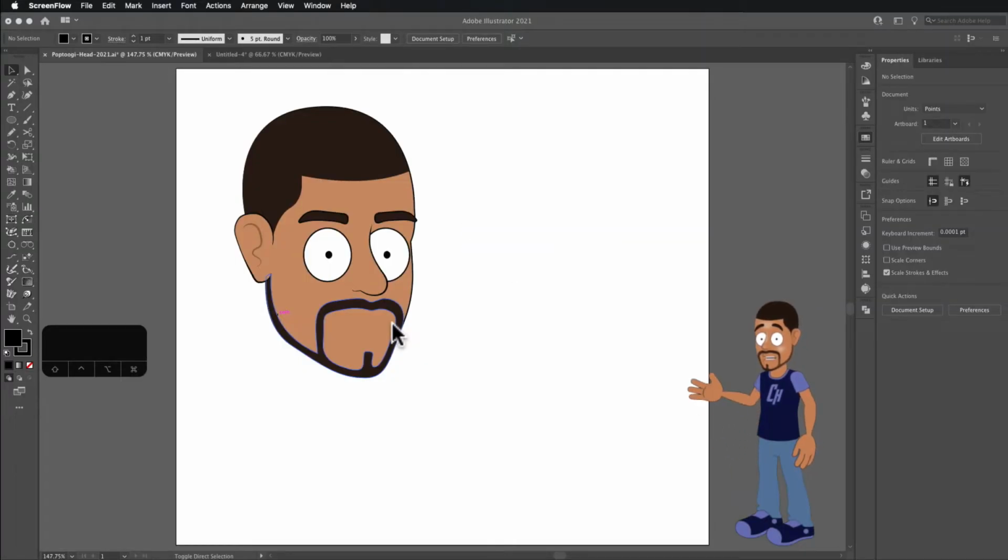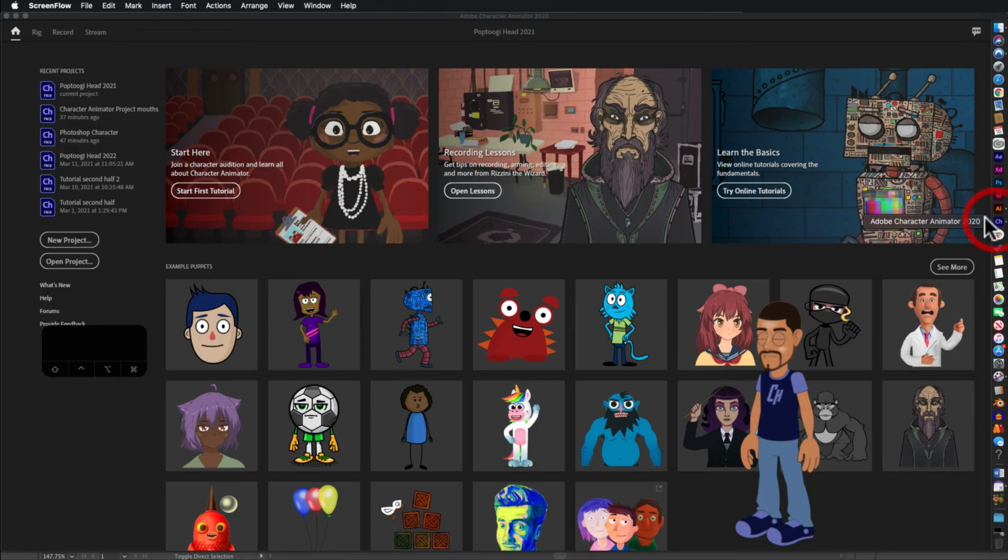Hey, what's up everybody? This is going to be part 2 of making a character puppet in Adobe Character Animator. This is going to be me just making mouths. And just before I get started, let you know, you can download these mouths for free on my Gumroad store. And you can also import mouths from Photoshop files if you're using Photoshop, just by going into Character Animator and